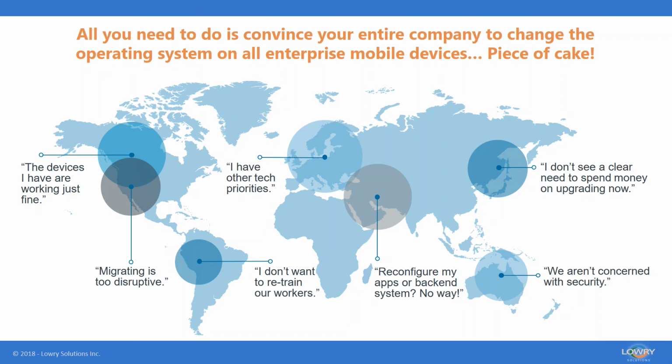And what you want to do is compile that list, gather all that information, including the device types and the applications that you use, and start working through it. And again, that's what we're here to help you with. We can help you with those decisions, point you in the right direction on devices and applications. We work with best of breed partners on the software side as well. So those are the things that will give you a head start as we're talking through a migration, an OS migration.